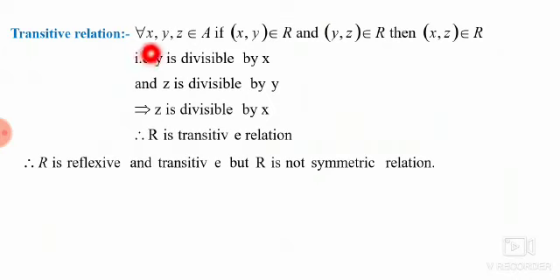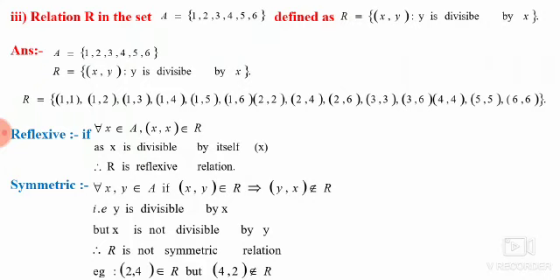For transitivity, we should have 3 members of the given set. For all x, y, z belongs to A, if (x,y) belongs to R and (y,z) belongs to R, then (x,z) also belongs to R. Therefore, (x,z) is also a member of this relation. We will move to the previous slide so that we can understand the transitivity. If I select (1,1) belongs to R, and let me take another ordered pair which starts with the second element of the first ordered pair, (1,2), then (1,2) is also there in the same relation. Therefore this type of relation is called transitive.